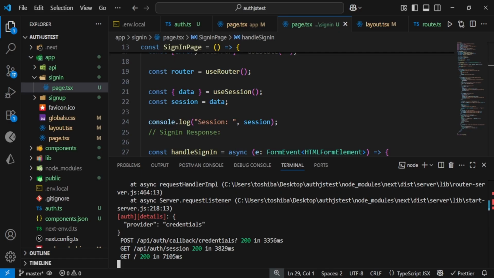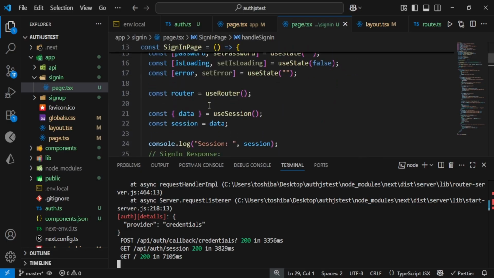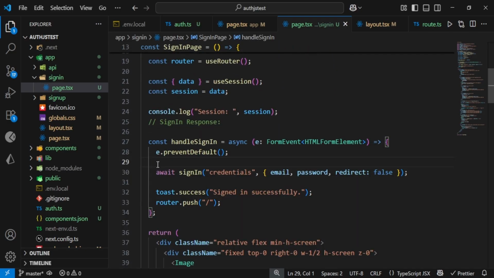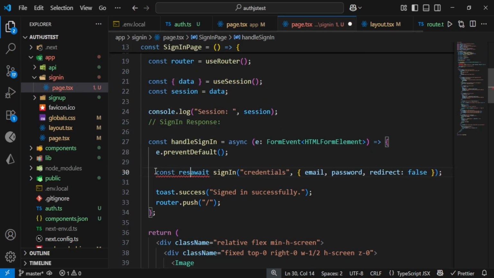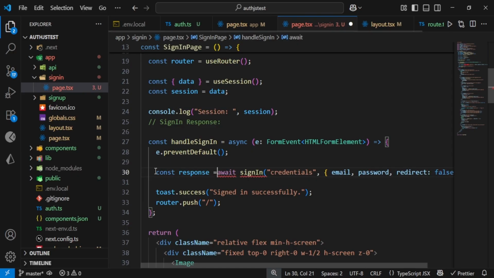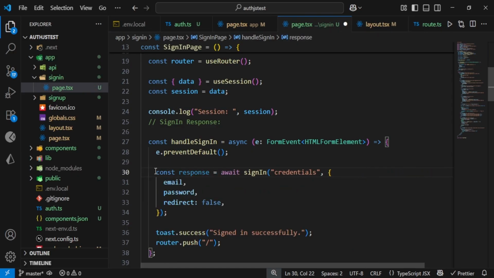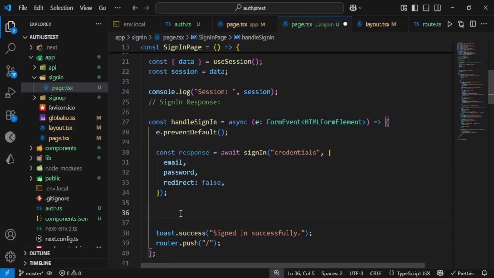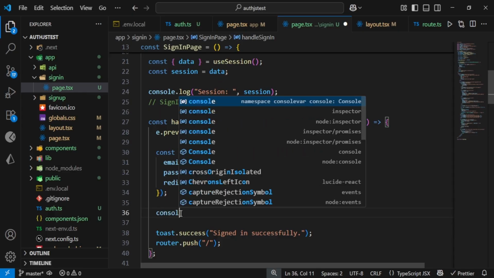We can fix this by getting the response. So let me close this, and I can say const response will be equal to await that,